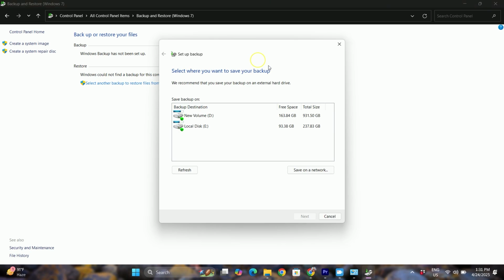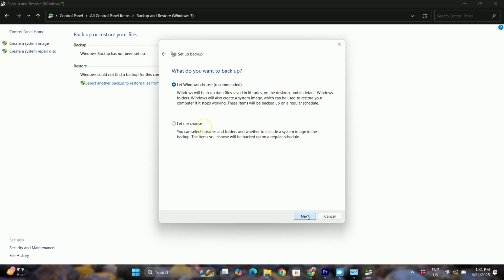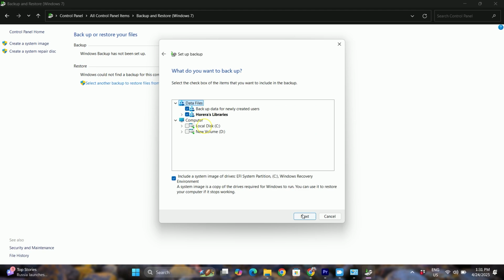You will see it's loading. Now what you can do is choose where you want to do the backup. In this case, I'll go and select this drive here, my external drive. Press next. You can let Windows choose what to backup or you can choose. In this case, I want to choose myself, so I'll press next, and what you can do is go and